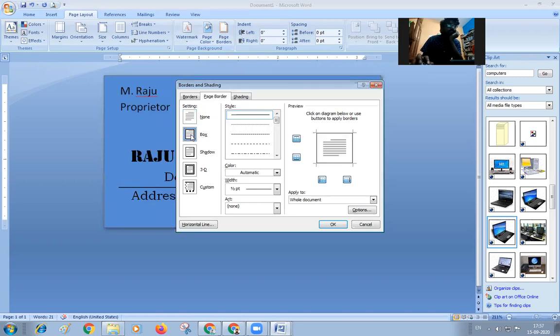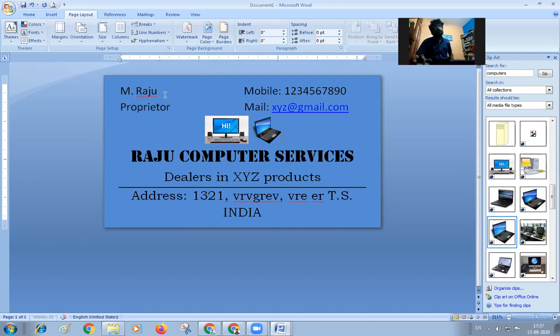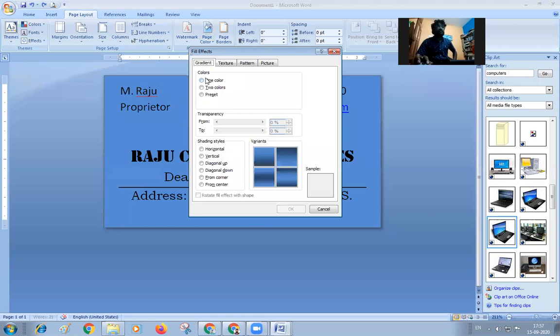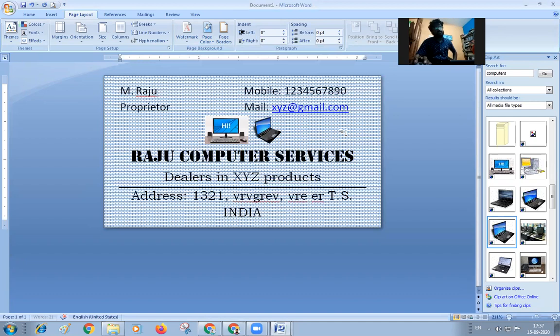If you want to insert a page box, you can also insert the box, but it comes in the middle part. Why? Because the page will not accept the normal 0.1 margins. That's why you're not going to insert it. But with page color and effects, you can insert texture, pattern, picture, and all these things, any number of them. If you are dealing with a brick store, then you can use this type of brick texture, and any type of things.